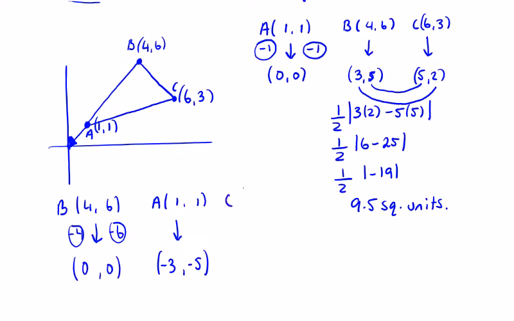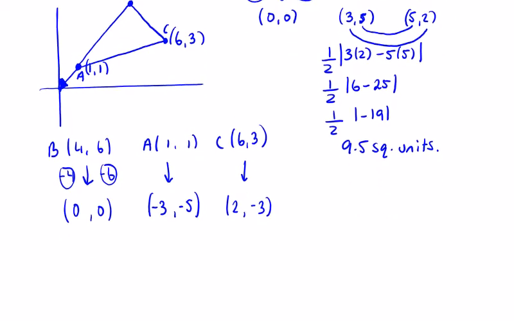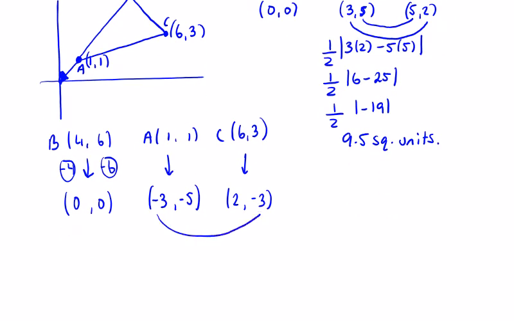And point C is at 6, 3. It's going to go down 4 to 2, and it's going to go down 6 to minus 3. So my 2 outsides and my 2 insides. Half the absolute value of minus 3 by minus 3 minus